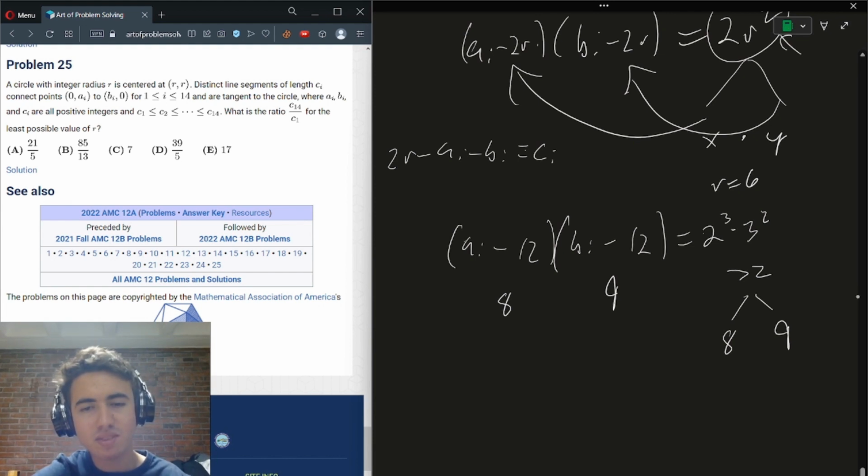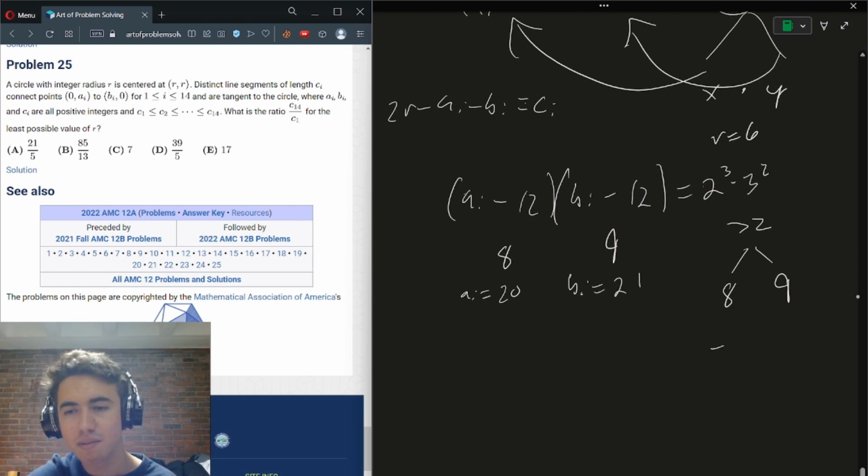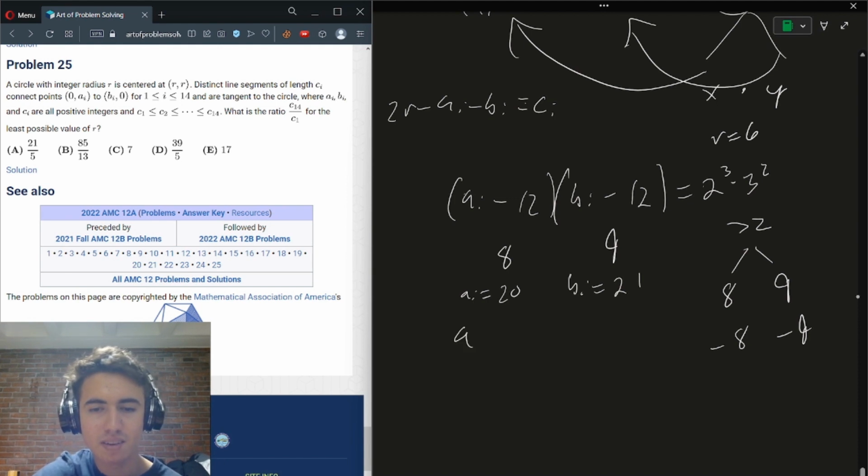But anyway, if we have this be 8, then we can see that AI should be equal to 8 plus 12, which is 20. And BI is equal to 9 plus 12, which is 21, right? Now let's think about the opposite case when we have the factors negative 8 and negative 9, because of course these factors will also multiply to 72. In this case, A will be negative 8 plus 12, which is 4, and BI is equal to